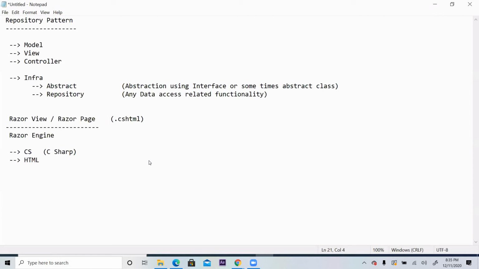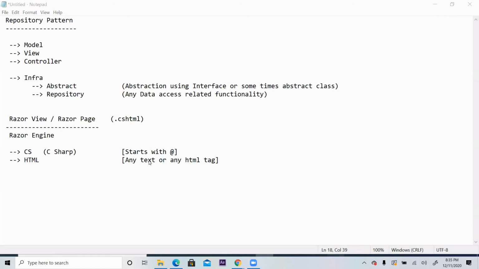Any code that starts with @ is C# in the view. And what is the HTML part in that? Any text or any HTML tag.